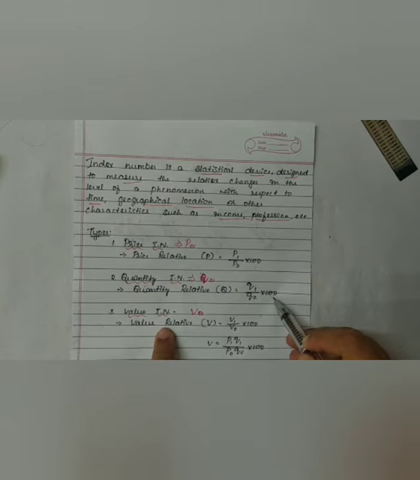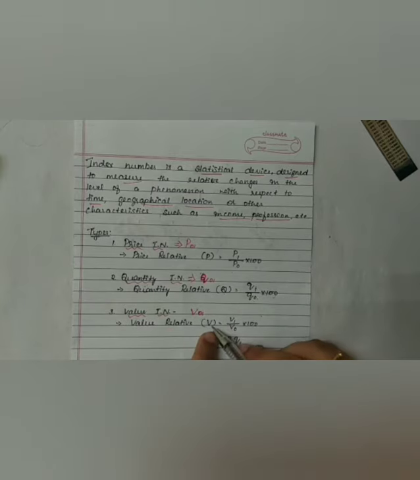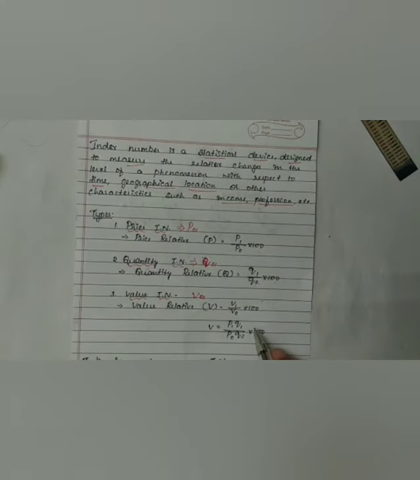And when it comes to value index number and value relative, capital V is equal to V1 divided by V0 into 100. Okay, so this V1 is the value of current year, that is value means price into quantity, isn't it? So current year price and quantity are multiplied to get current year value. Same way base year quantity and price are multiplied to get base year value into 100. So that is about the types of index numbers.